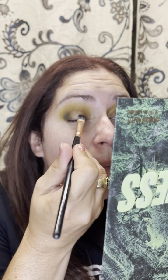And I'm just going to go in with a BH flat shader brush and coat my brush with it. And where is... Guys, I'm sorry, I know I'm all over the place. That's how I am. So I'm going to spray my brush. That might have been too much. And we're just going to put this